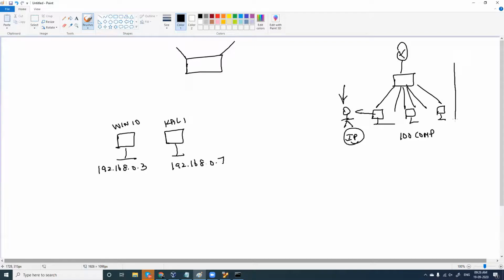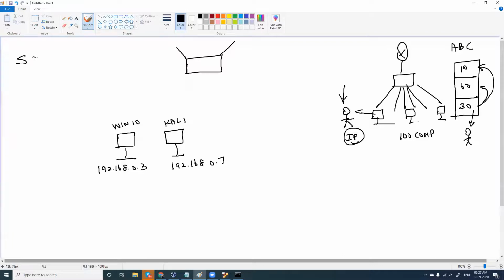And I also gave you this example. All these 100 computers, this company called ABC, it's a two-story building. We have 30 computers here, 60 computers here, and 10 computers here. And you are sitting here on the ground floor. When he is asking how many computers are on, you cannot physically go to all the floors and check. So what we do, we are going to perform the first objective here.